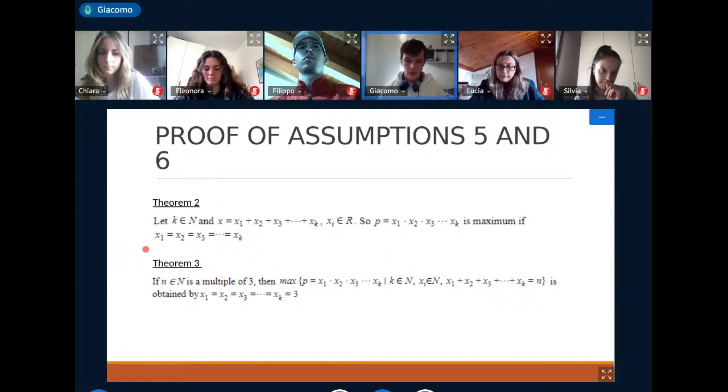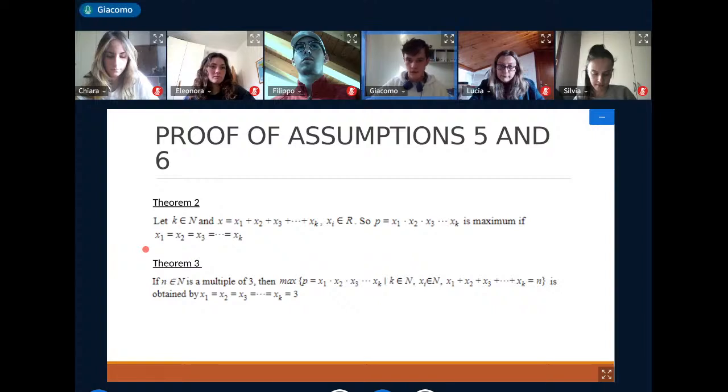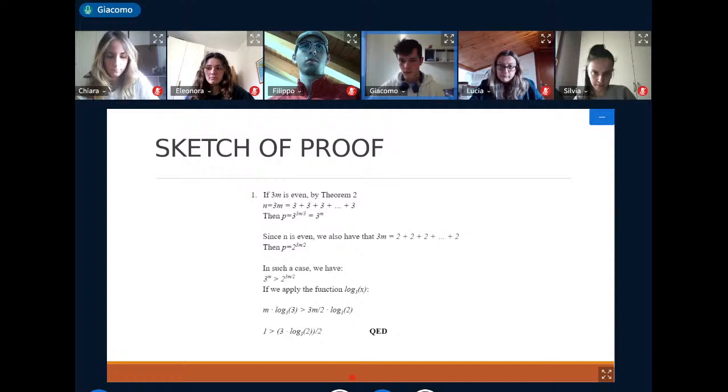And also there's the third theorem we used that says that if the natural number we use as an initial number is a multiple of 3, then the maximum can be reached only when the k addends are all equal to 3. And in fact, as we can see here,